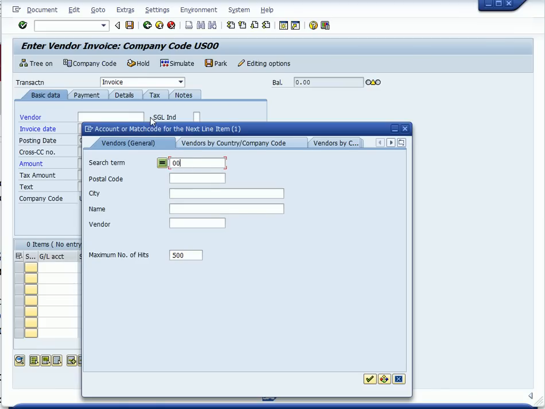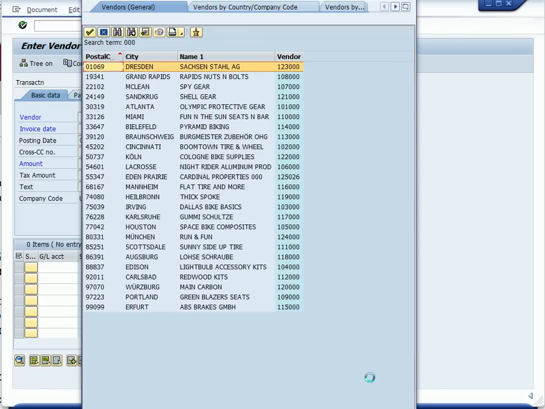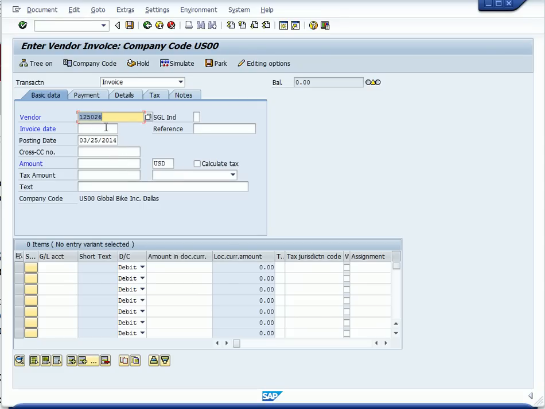Your search term was the last 3 digits of your GBI. And now I have them all, and I need to find the vendor that I just created. And I know it is Eden Prairie, and so it tells me that the vendor number is 125026,